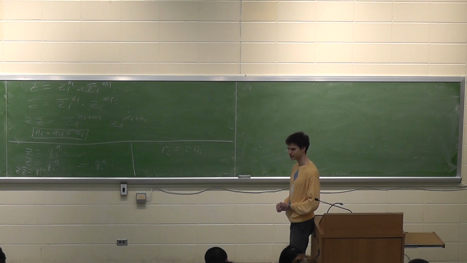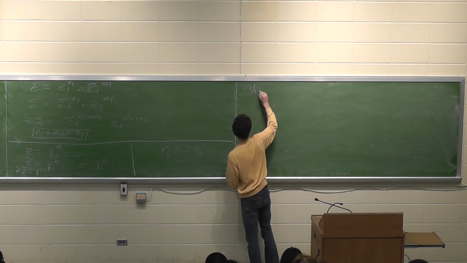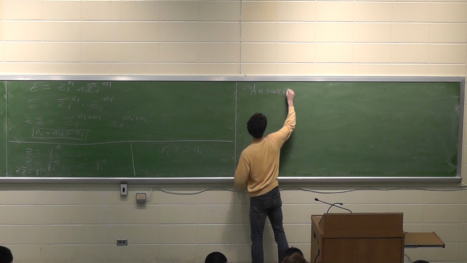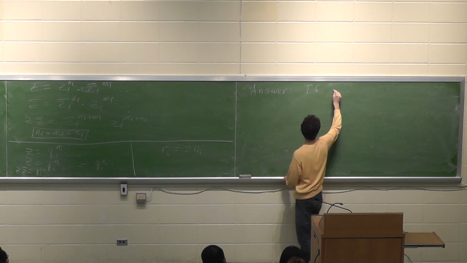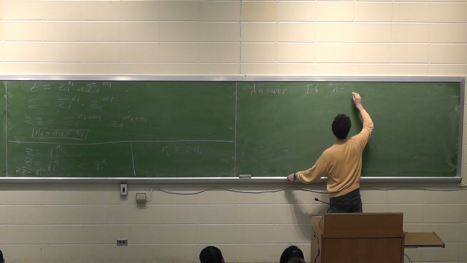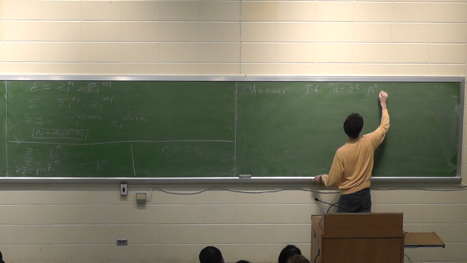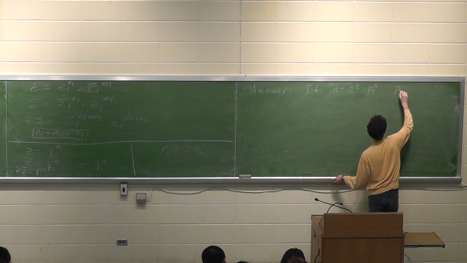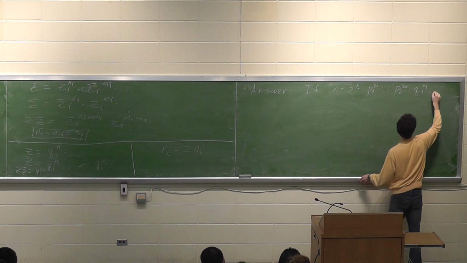So now let's formulate an answer. If n is 2 to the power t times p1 to the power s1 times and so on, times q1 to the power r1 times